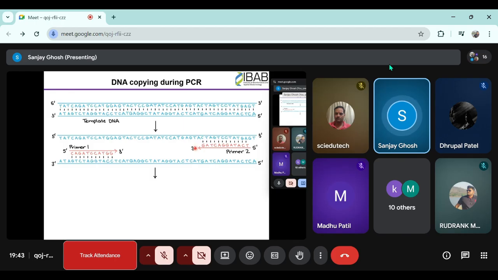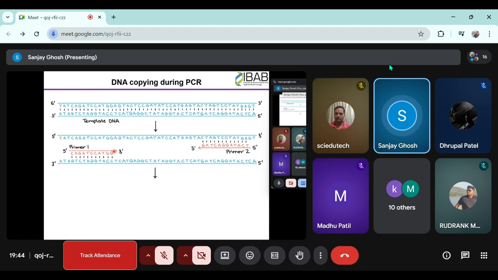So this is the 3' end. You design the primer so that this binds to the sense strand, and this binds to the antisense strand, right? So this is how these primers will go and bind. And these primers in red, as you can see, the sequence is complementary. It is not identical. It is complementary to the strand to which it binds, in this case and in this